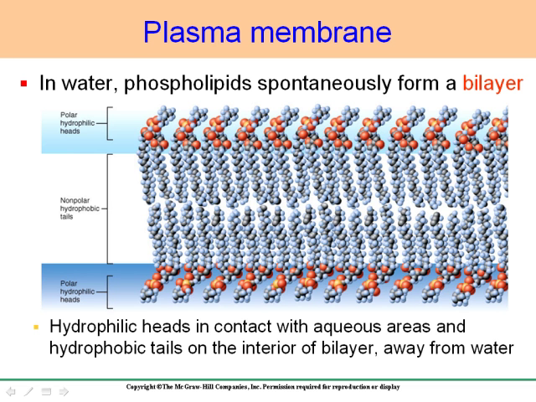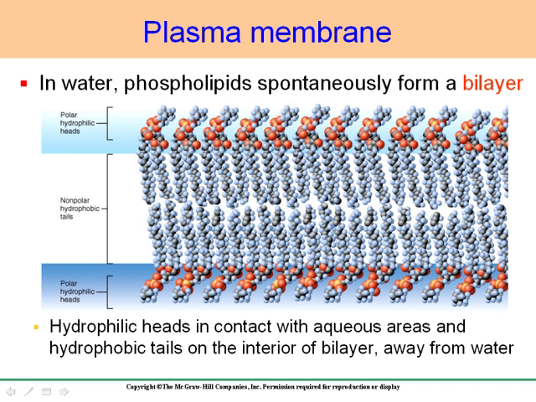In water, phospholipids spontaneously form a bilayer, and as mentioned, the plasma membrane is composed of a phospholipid bilayer. What you see here in this figure are two phospholipid layers. The first layer is composed of those hydrophilic, or water-loving, heads and the hydrophobic tails. Adjoining these hydrophobic tails are the hydrophobic tails of the second layer of phospholipids, and below that the polar hydrophilic heads. What you essentially have here is a plasma membrane composed of two distinct layers